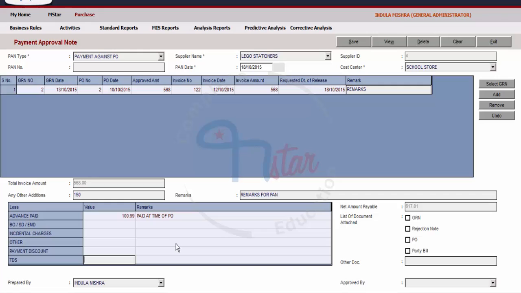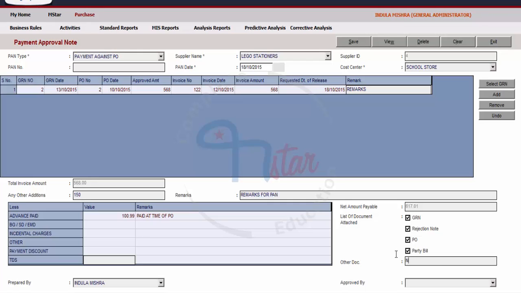After entering these details as applicable, check on the boxes in the field List of documents attached. So, click on the box next to the specific document type for information. Enter any other document if available or applicable.